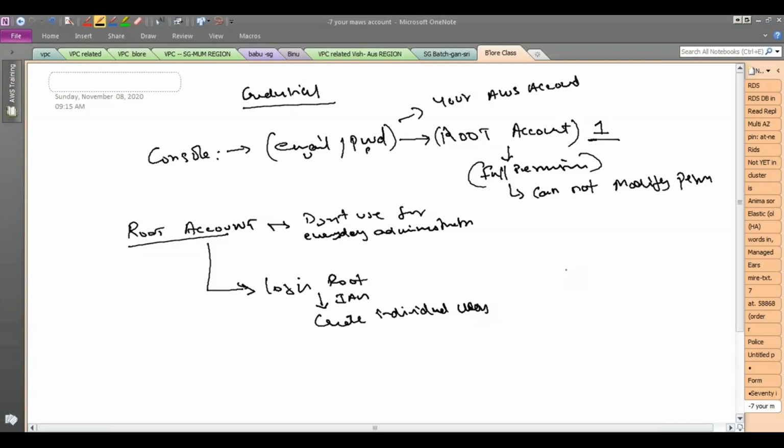right? Say for example you have A, B, C, D, 4 employees. Say you are A, and then you have the other B, C, D, 3 employees who are going to use this AWS account. So what you do is first you use the root account. First you use an email and password. So again here another thing is what email and password you are going to use. If it is your personal account, you will use your personal email ID.